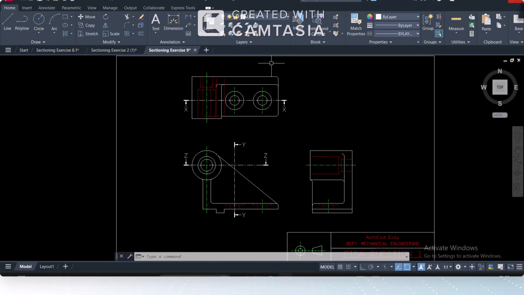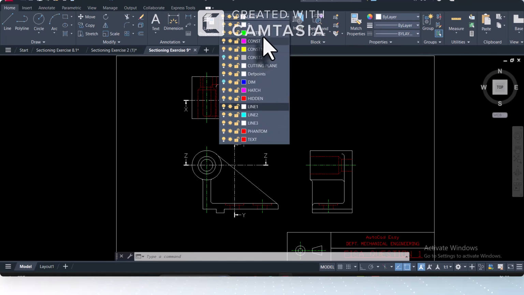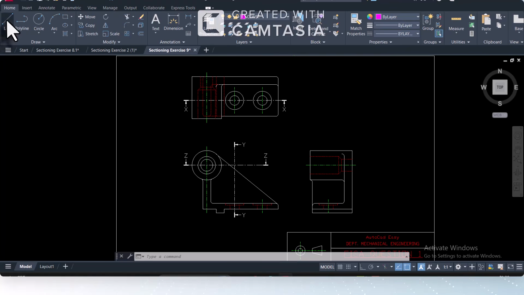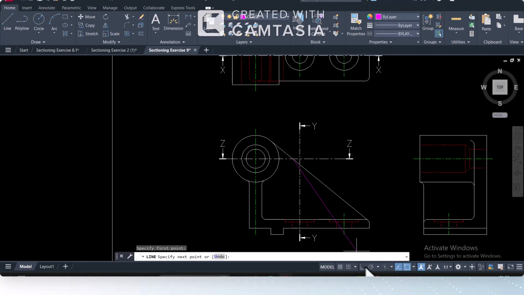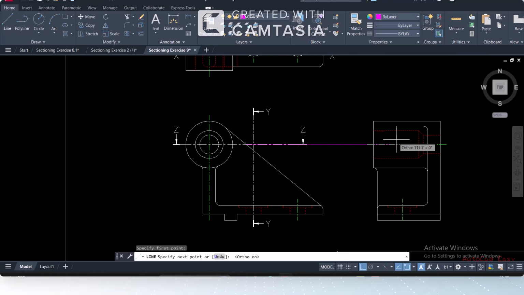So to say, in the cutting plane ZZ, which will come to there. Now we could just project a line where the Z line will end. It will end exactly there